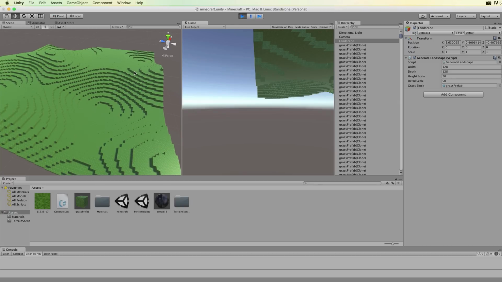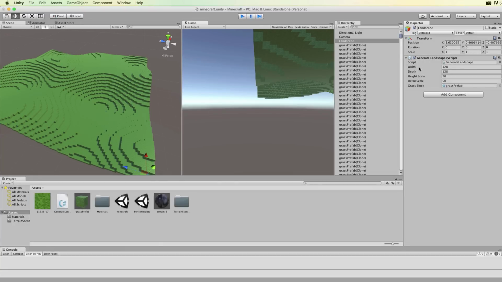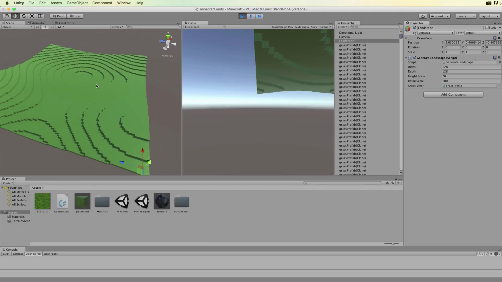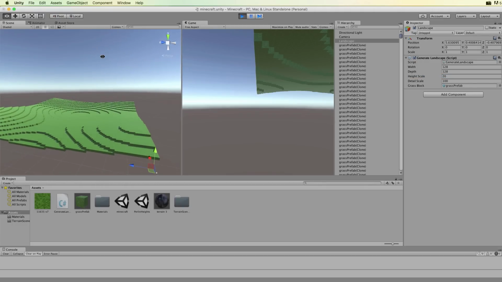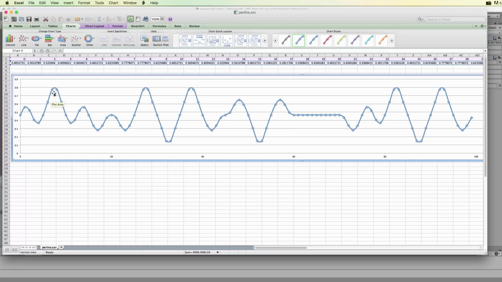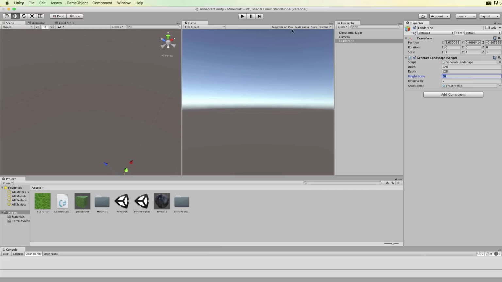Okay, so we've actually narrowed our Perlin noise numbers down into a smaller range. It's still spread out over the whole thing, but it's much smaller. And if we do increase that detail scale up to, say, 100 and then run it, you can see that we're only getting quite a small section. Okay, so with a high detail, if I just switch back to Excel again, we might only be getting this bit here spread out over our whole landscape. Whereas with the lower detail, leaving the X values quite wide, X and Z, you might get this part of the landscape. Switching back to Unity, if we went to a detail scale of, say, 5 and run that,